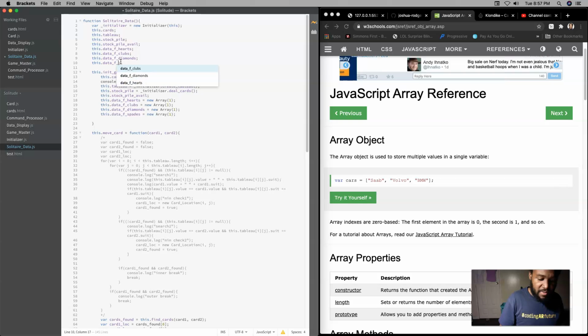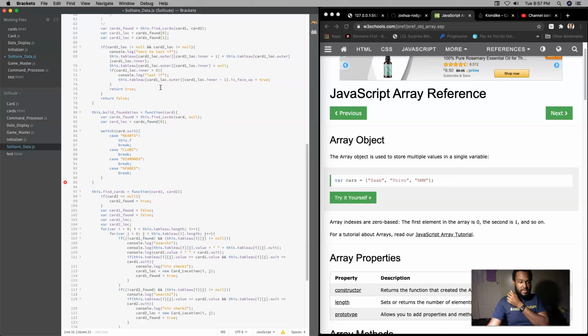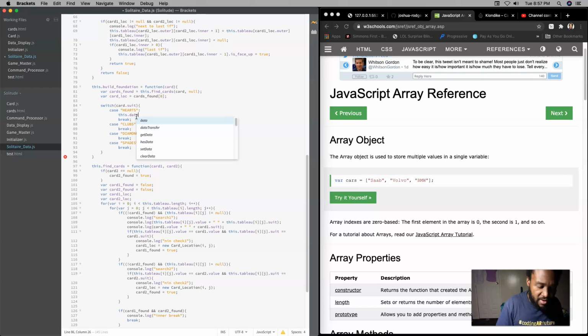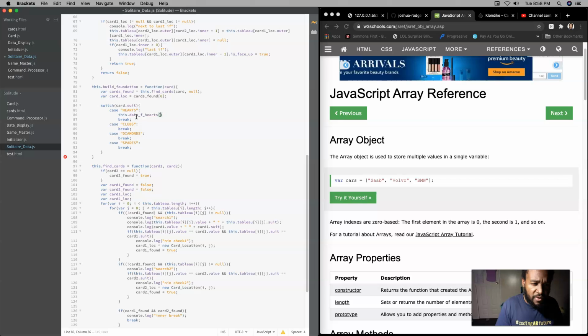I didn't rename these. Spades. All right. Say data f, that name is actually a layover from when everything was all in one file. Hearts